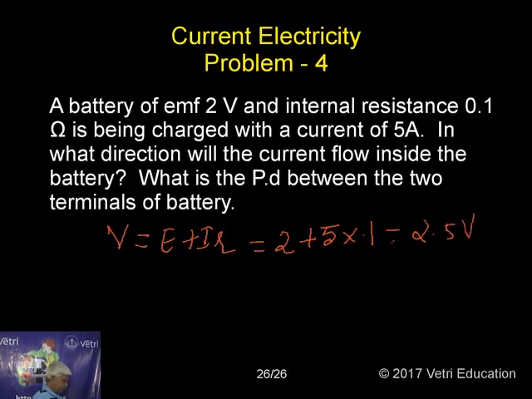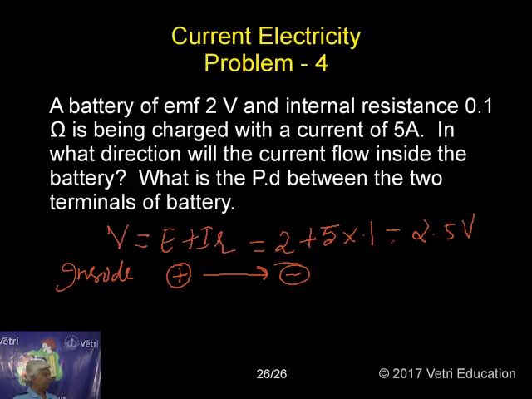Inside the battery, the current flows from positive terminal to negative. Actually, inside, the current flows from positive to negative. Positive to negative. That is the answer. The potential between the two terminals of the battery is 2.5 volt. Inside, the current direction is from positive. What is the addition? The circuit, if I draw the circuit the same, this is an EMF, this is an internal resistor. This is an EMF, this is an internal resistor. They combine